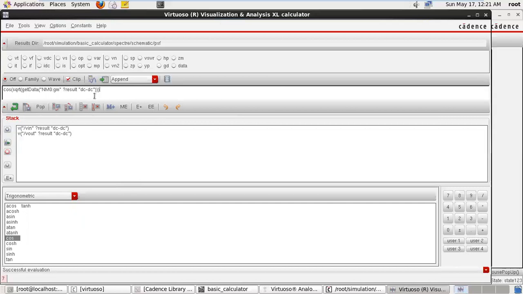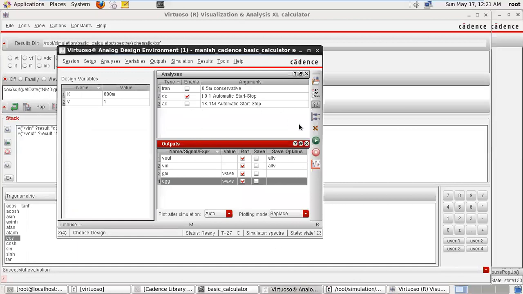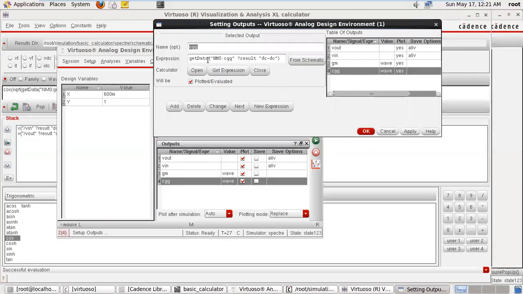Now, how can we move this? Suppose we want to move this expression into our ADL window. Just go to the ADL window. When you press setup output, this window pops up. If you want a new expression, click on new expression, get expression.